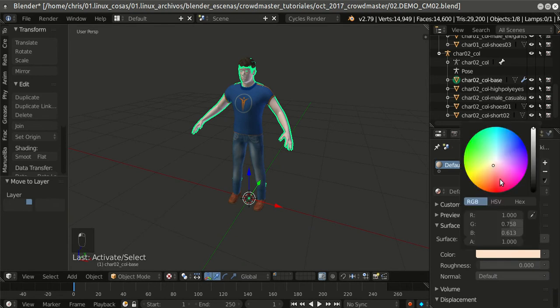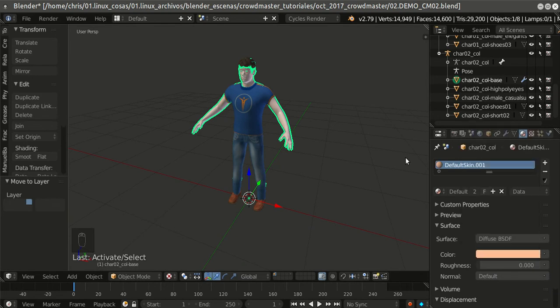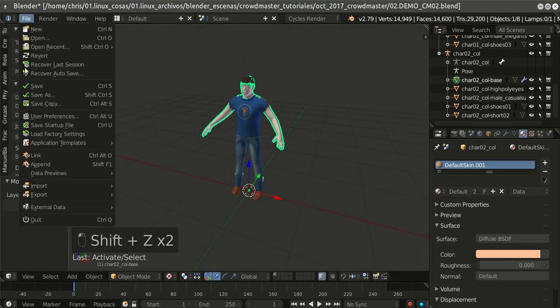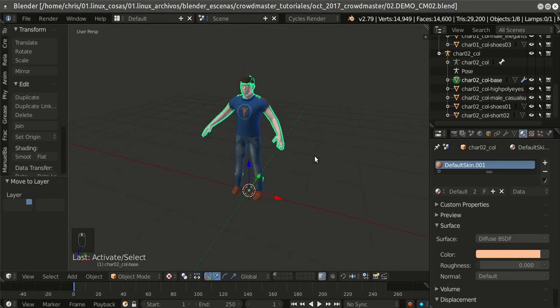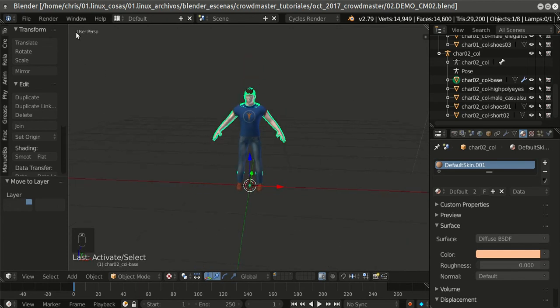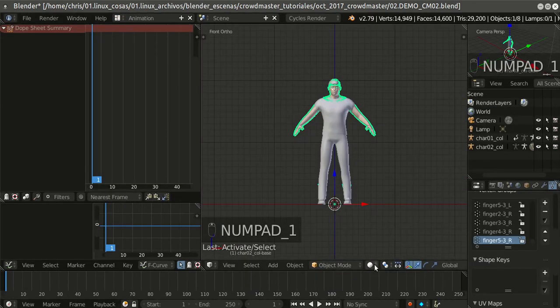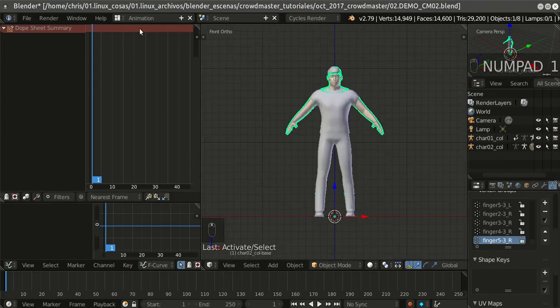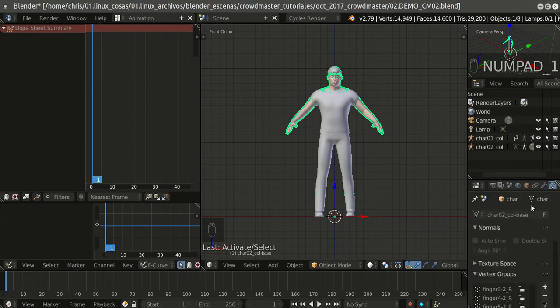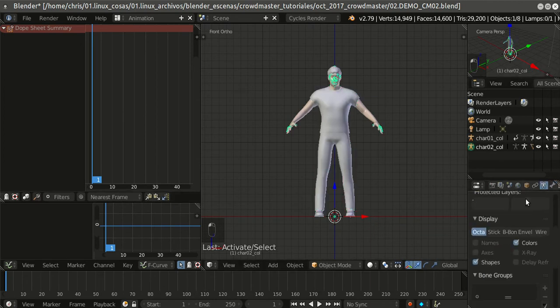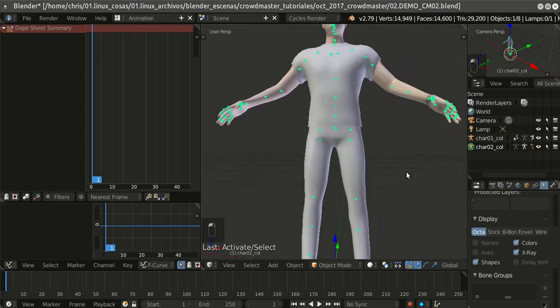Default skin, I make skin for my pleasure. Okay, this is my second character. I animate also a little bit. I go to animation 1, I try to select my bones. X-ray, correct, X-ray,